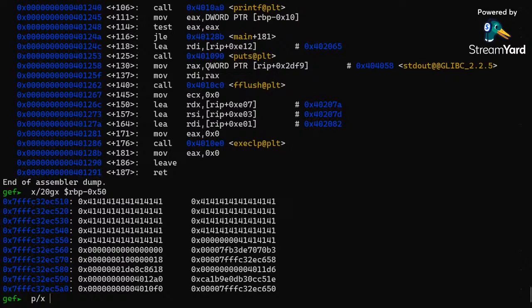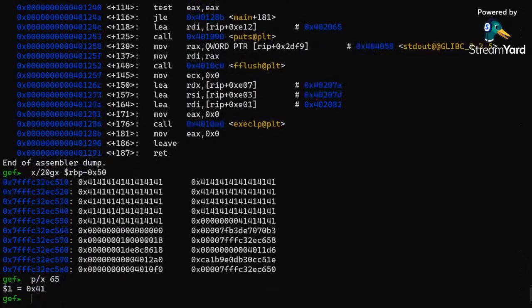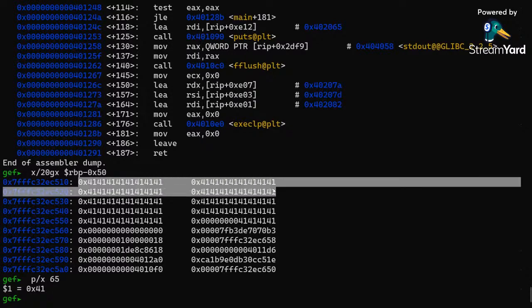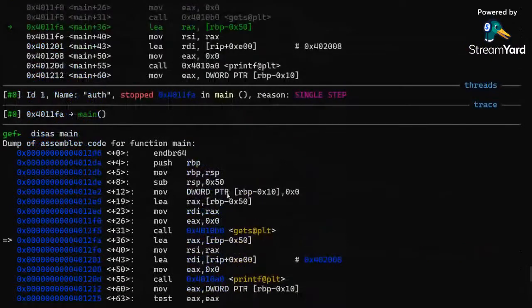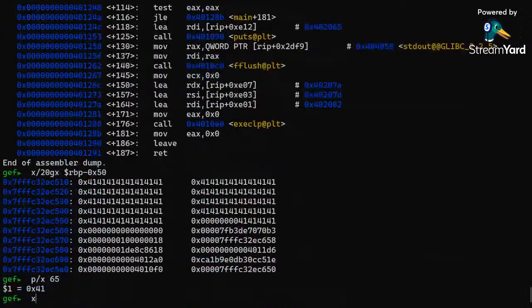the ASCII of the letter capital A in hex. Capital A in ASCII is 65 and its hex is hex 41. So you see it's getting filled with 0x41 41 41 41 41. Now if we go a little further up, this RBP minus 0x10, this is where the level is getting initialized to 0. Okay, so if we view that